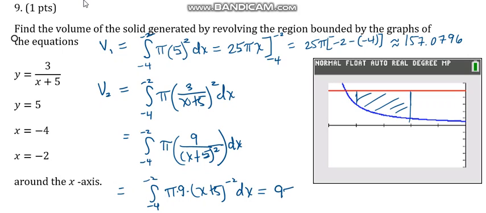And so I have 9 pi. The antiderivative of x plus 5 to the -2 is x plus 5 to the -2 plus 1, or -1, divided by -1. And we're going to evaluate that from -4 to -2. Using your calculator, you get approximately